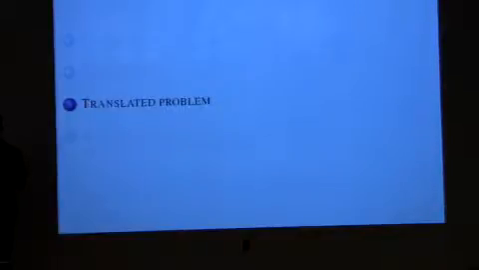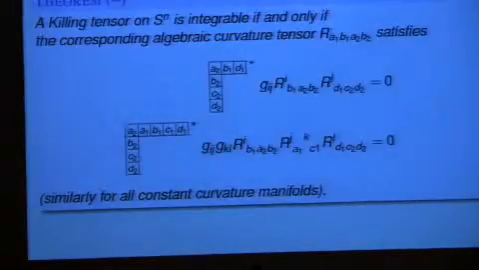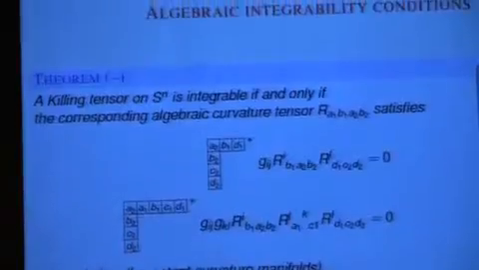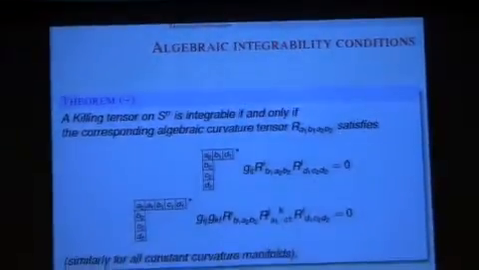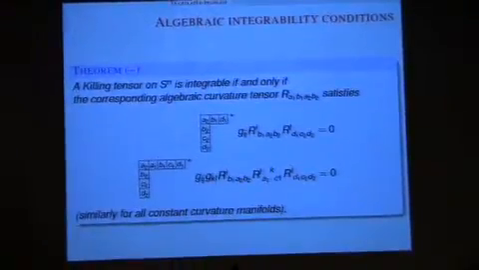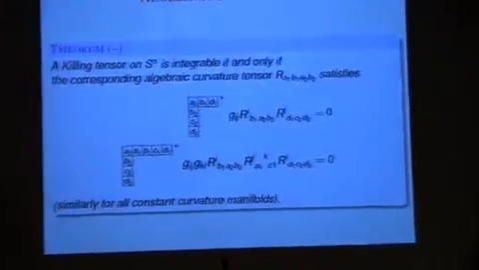So now having a completely algebraic description of Killing tensors, it's clear that any condition, such as integrability, must be expressible purely algebraically. The only question is, how difficult is this? And the answer is that it's surprisingly simple. Particularly, we have this result that a Killing tensor on the sphere is integrable if and only if the corresponding curvature tensor